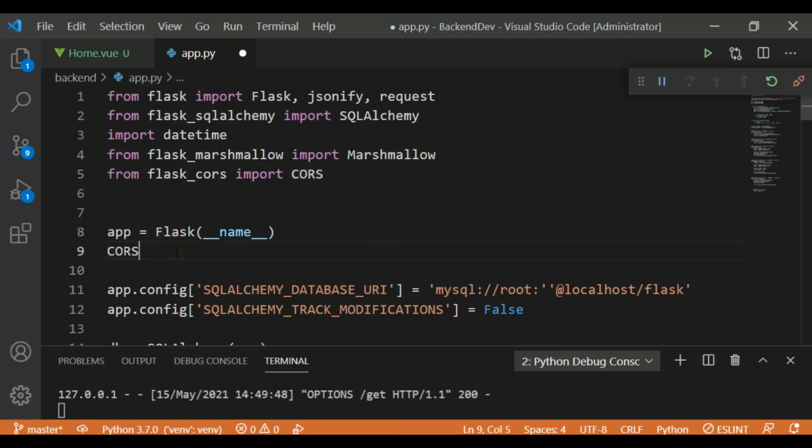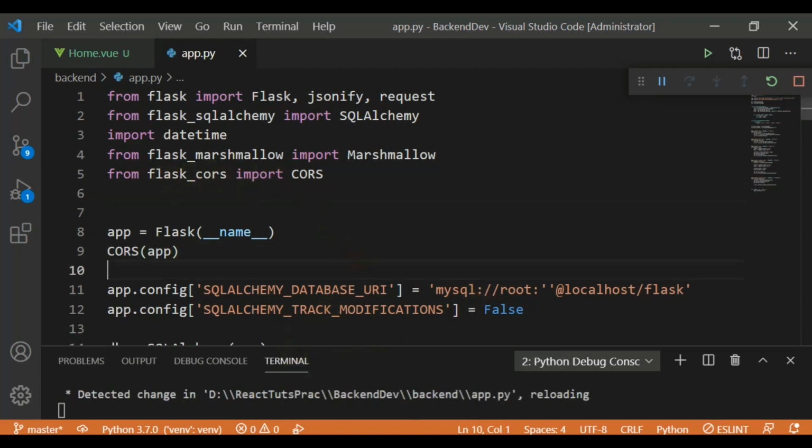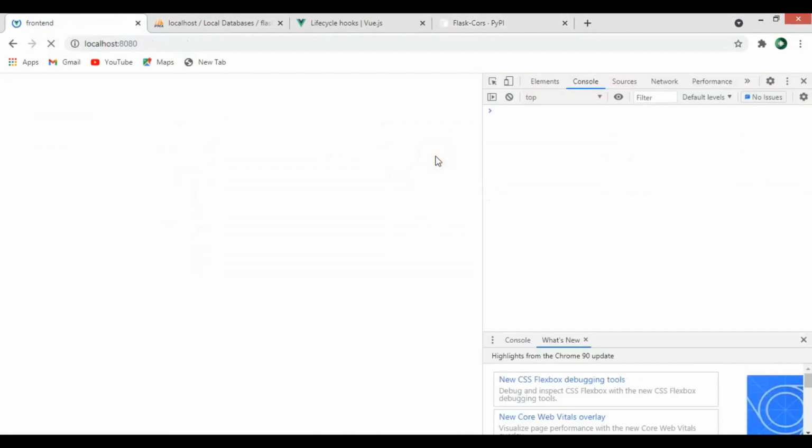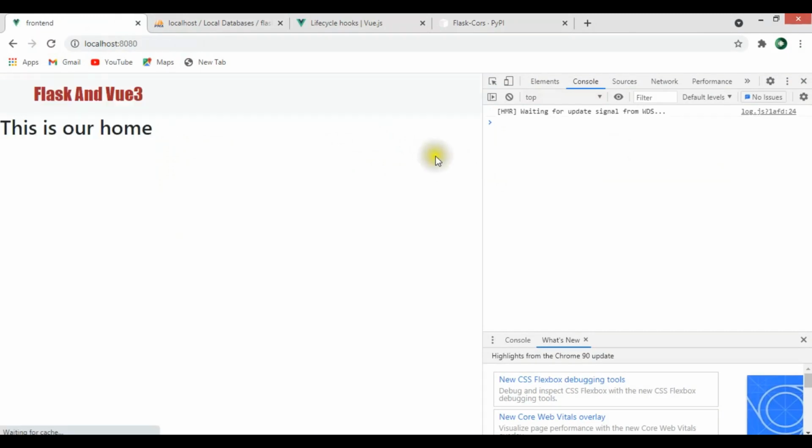We can just say CORS, and we can pass the app. Now if we see, we will not receive that error because we have added the Flask CORS library in here. Let's check whether we have this error or not, and you can see that the error is gone,